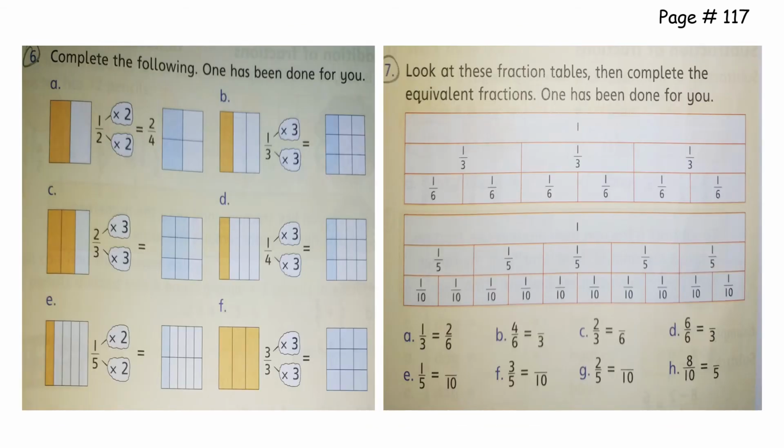Okay, now on page number 17, question number 6 and 7. These are the equivalent fractions. It's very easy. First one is already done. In the second one, we will make an equivalent fraction of 1 by 3. So 3 ones are 3 and 3 threes are 9. So 3 by 9 is an equivalent fraction and parts are already shaded in the figure. 3 twos are 6, 3 threes are 9.